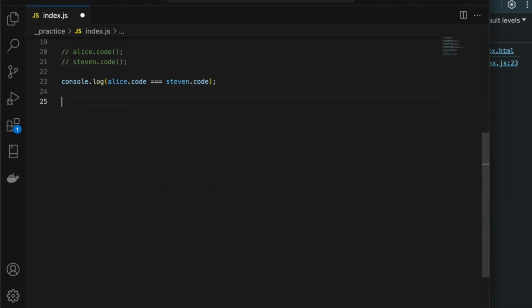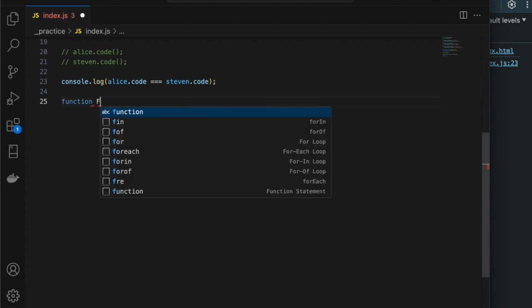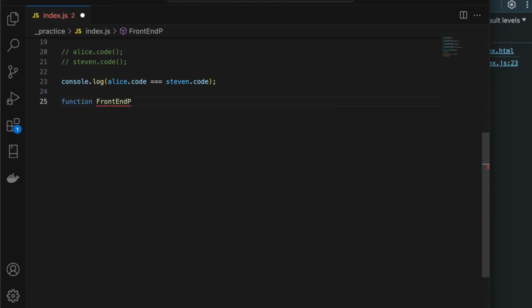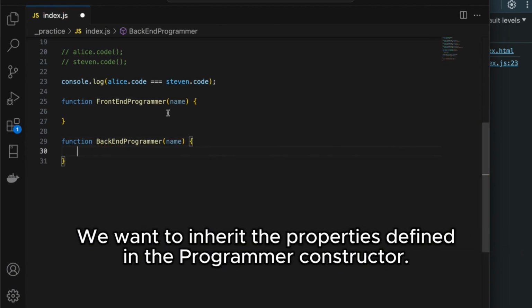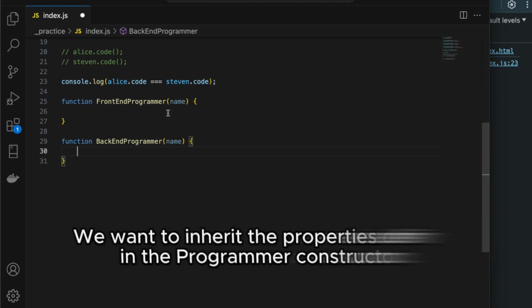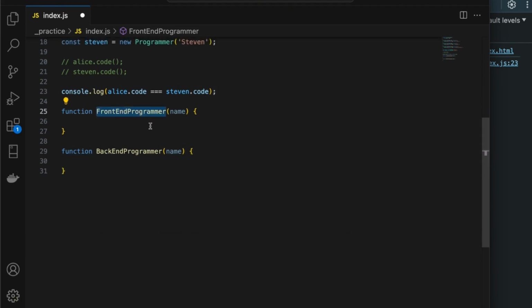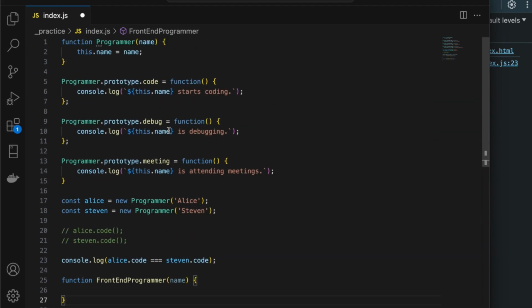Scrolling up, we can create a front-end programmer constructor function. So this also takes in a name. And we'll create our constructor function for a back-end programmer. Now we want to call the programmer constructor function to initialize the name property. So we want this version, front-end programmer and back-end programmer, to be derived objects that inherit from the programmer constructor